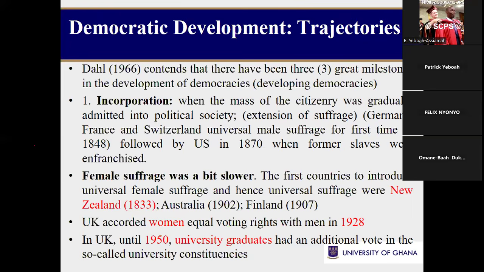Now in the UK, until 1950, university graduates could vote twice. So it was not one person, one vote. If you were a graduate, you could vote twice in some of the university constituencies. So let's say you were in Cambridge or Oxford, typical university constituencies, and you were a graduate, then you would vote twice, whilst non-graduates would vote only once. Clearly, democracy has gone through a lot of trajectories. So that's the first, according to